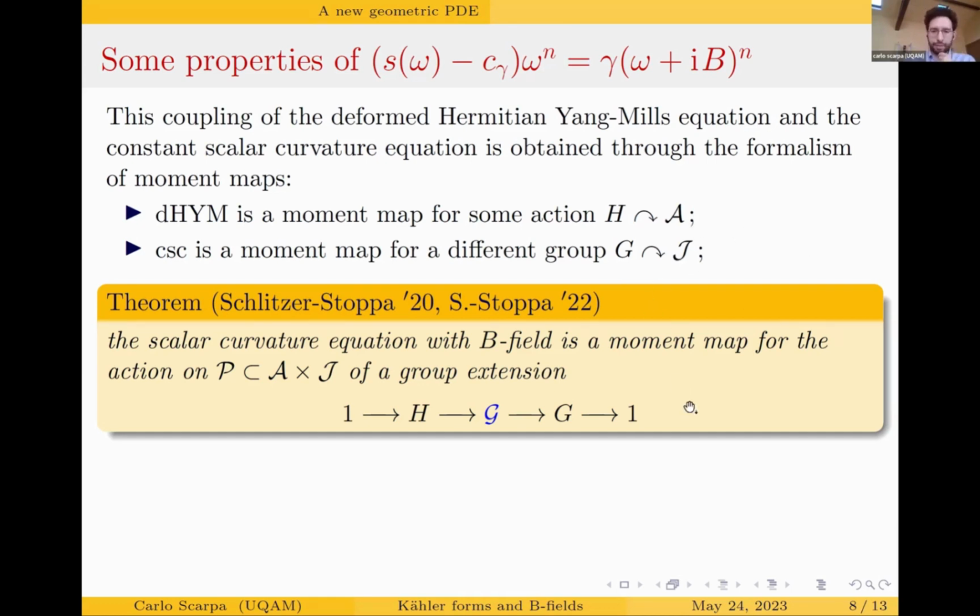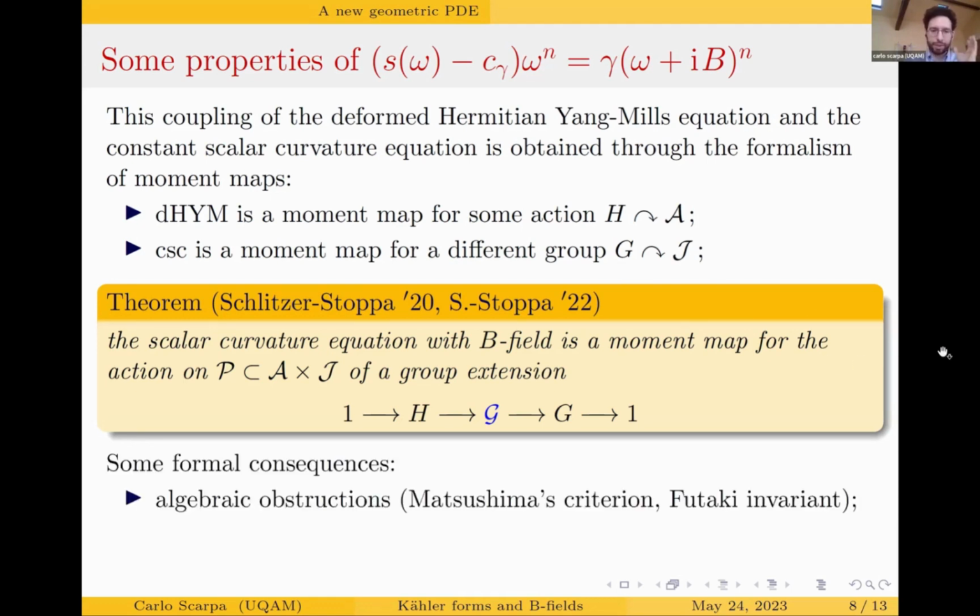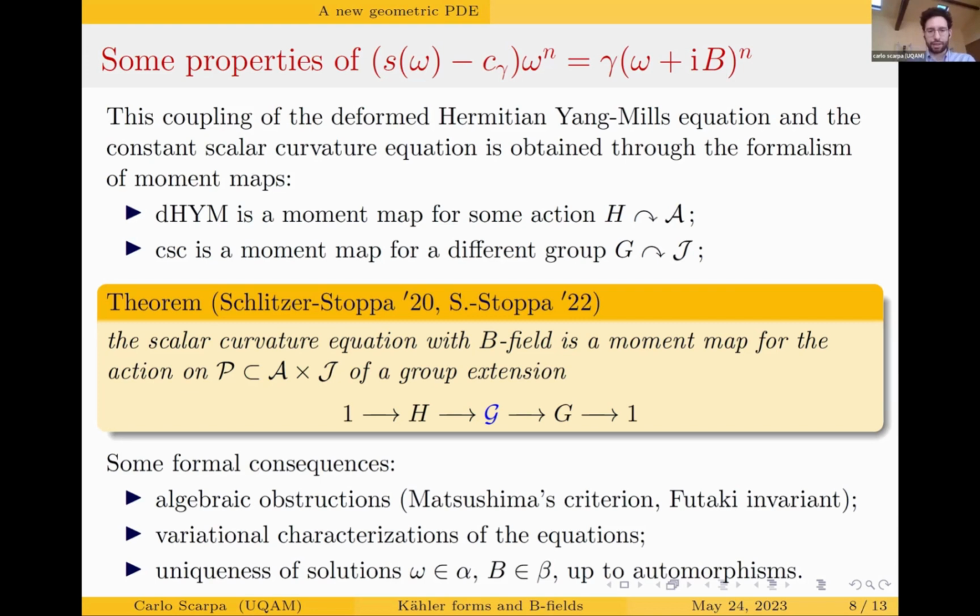This property is important, at least because it has many formal consequences. First of all, there are some algebraic obstructions, such as Matsushima's criterion, meaning that for solutions to exist, it's necessary for the automorphism group to be reductive. We have a Futaki-like invariant, something similar to the Futaki invariant. There's a variational characterization of the equations, and we can expect to have uniqueness of solutions, at least up to